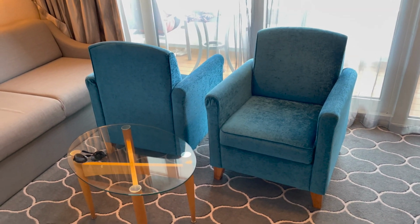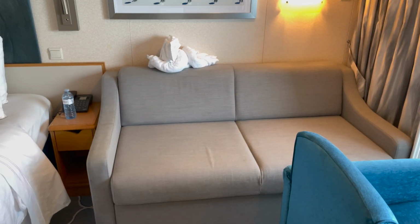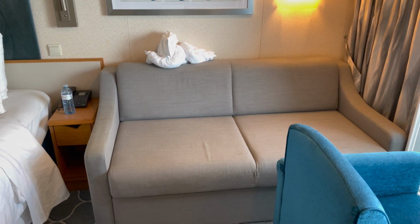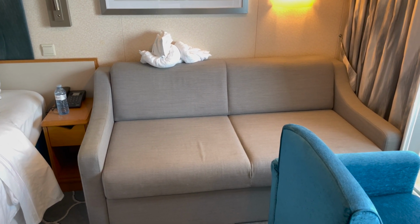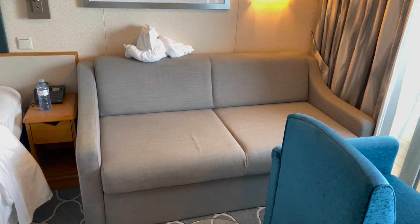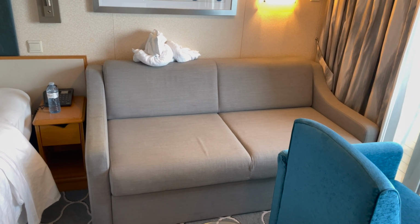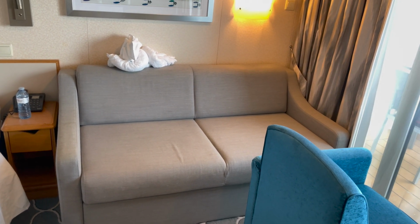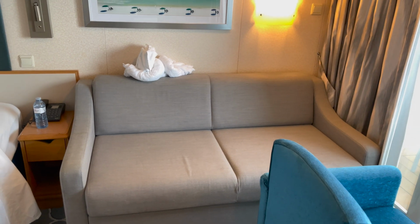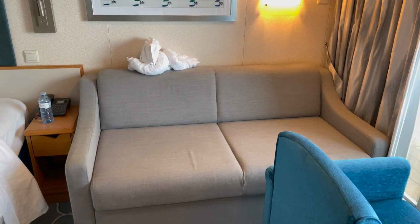and coffee table, always convenient to have. And then we have a couch. This is a pull-out couch, so that can pull out into, I believe it's a double-sized bed. So if you have a lot of people in the room, that is an option to add more people to it. And your room steward will pull that out at night and have that ready for you to go